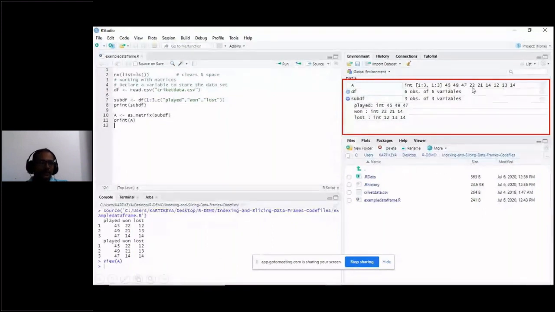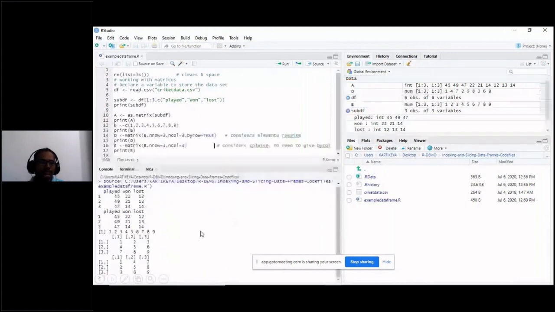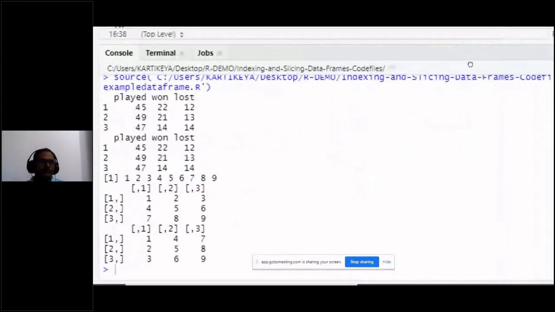See in our console window, I am zooming in. See the difference. When you display the data frame, it is displayed as played, won, lost. The header names are displayed. When you look at a data frame, R will display header names indicating that it is a data frame. But when you display a matrix, it will show column numbers as well as row numbers.